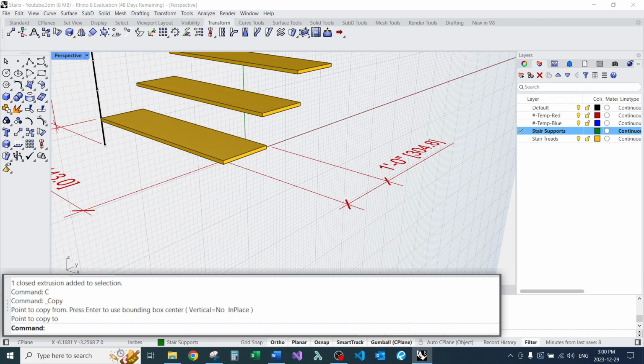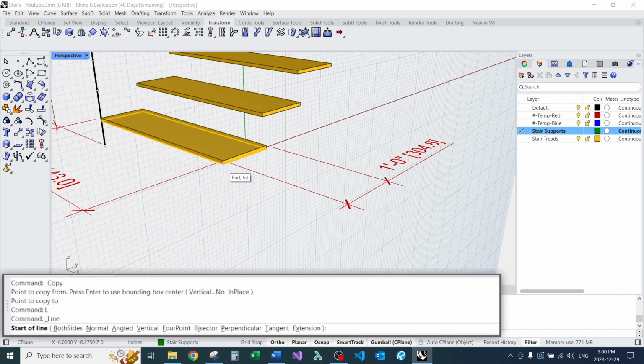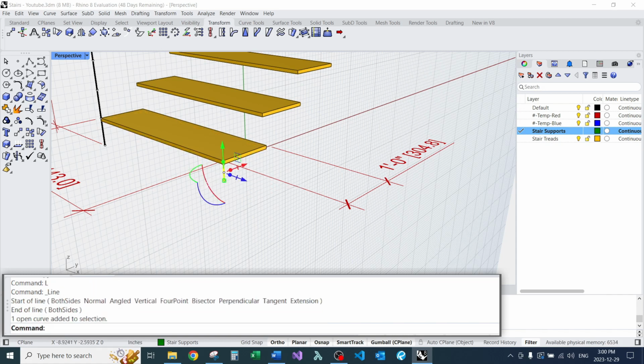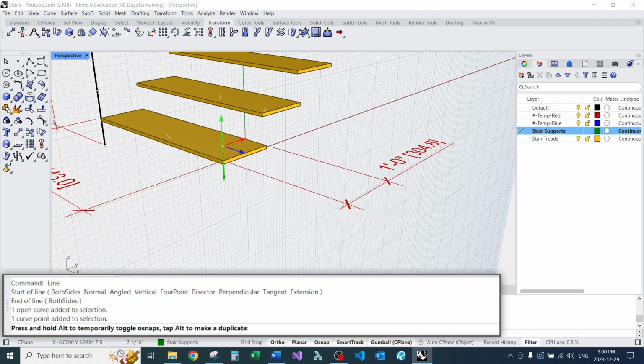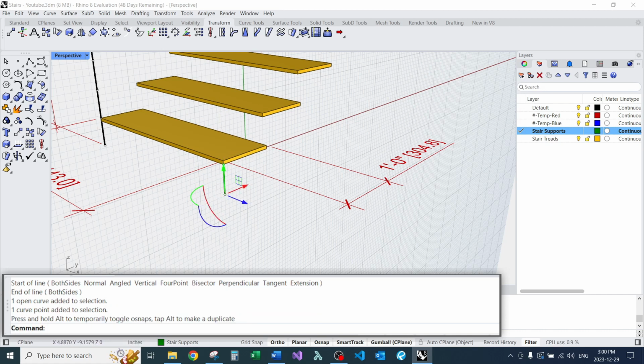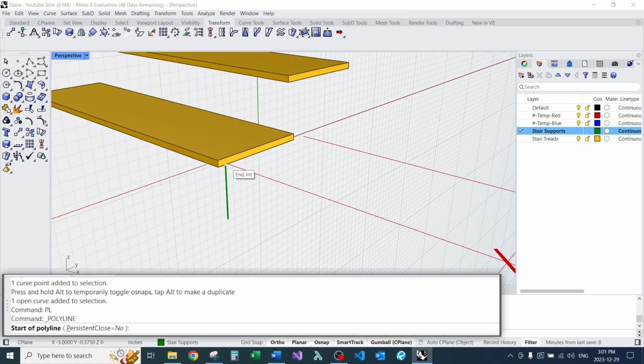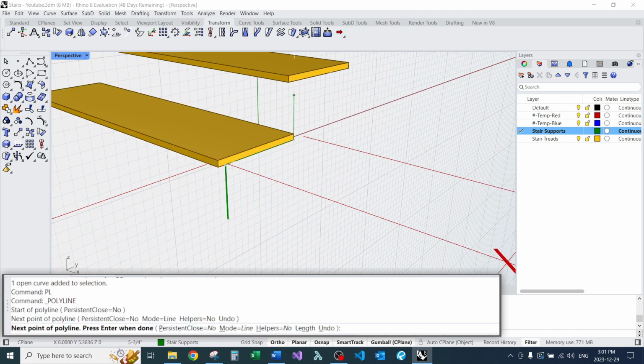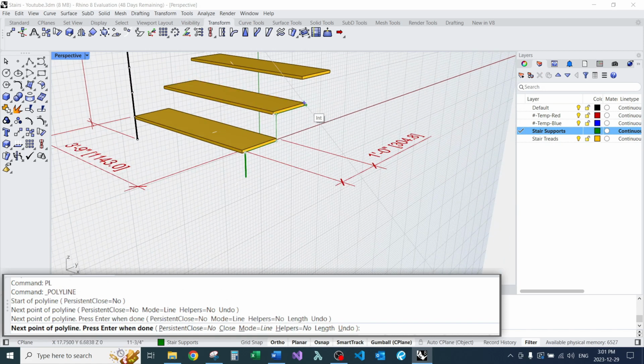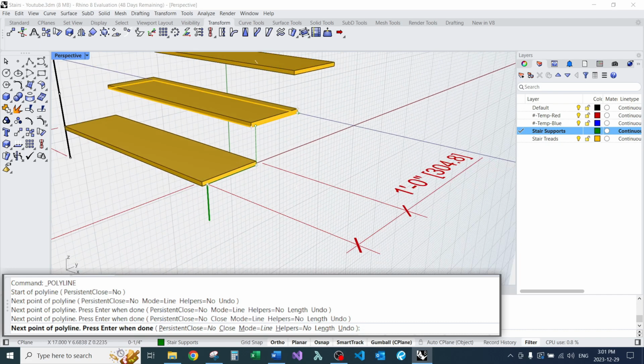So with my treads drawn, I can now draw my stringers. So I'm going to do that, that. Put that there. I want to move this back the same as my nosing. 1. So I can just trace this all the way up, or